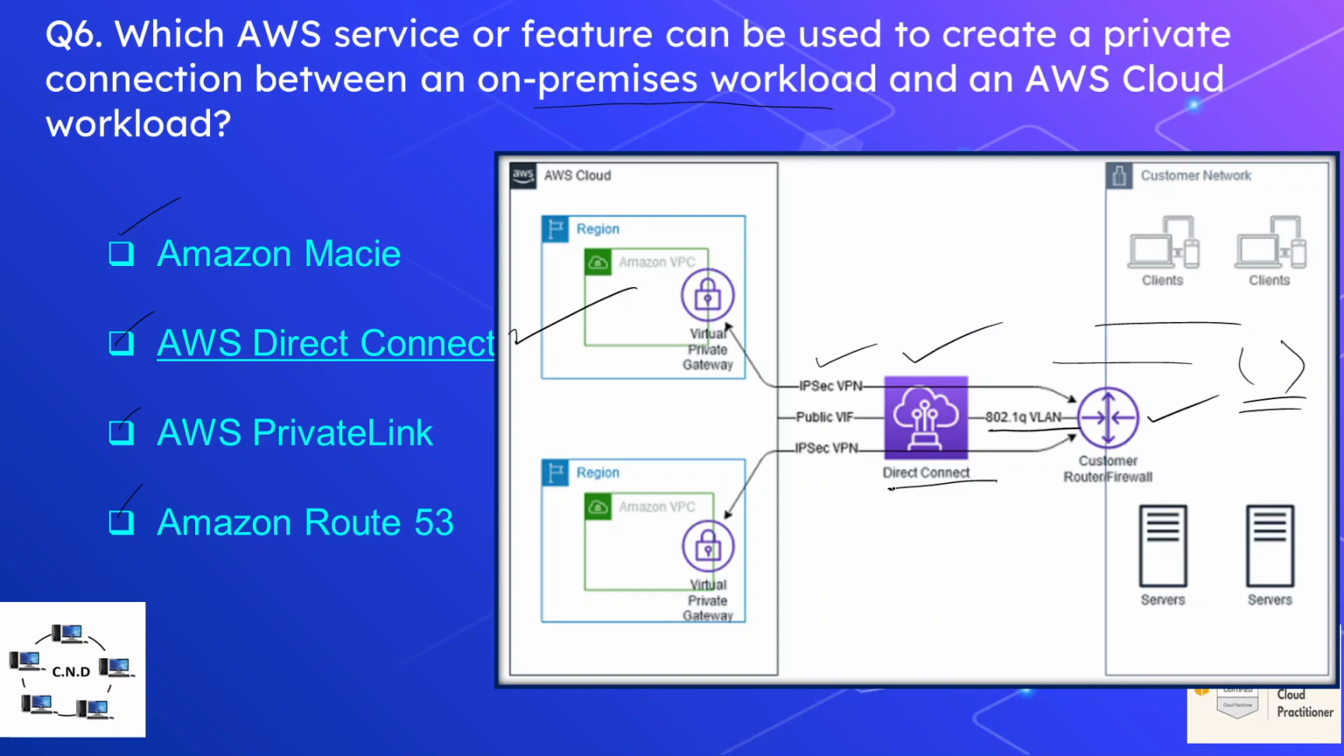So the AWS Direct Connect is basically the feature or the service that allows the customer network connectivity with the AWS